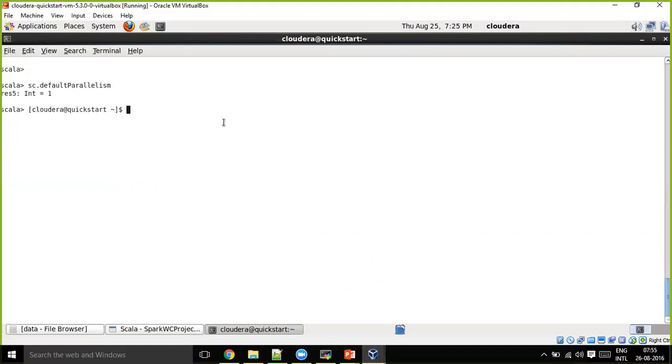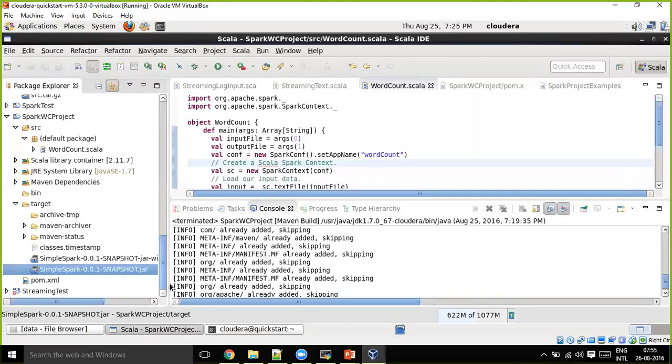Shiva, why is it created with two jar files? Okay, so one is without adding the dependencies, and one is including the dependent jars also inside this same jar.